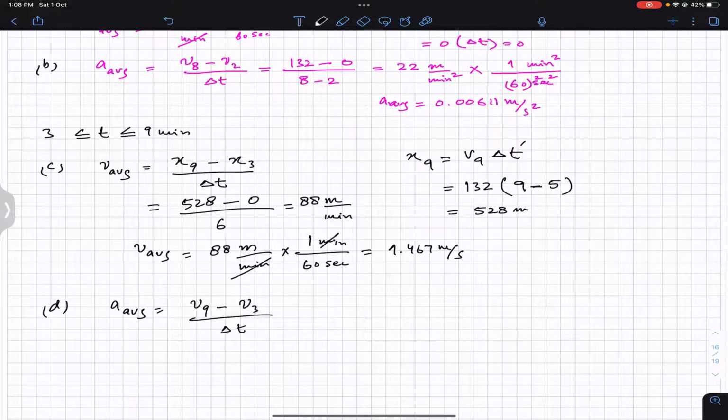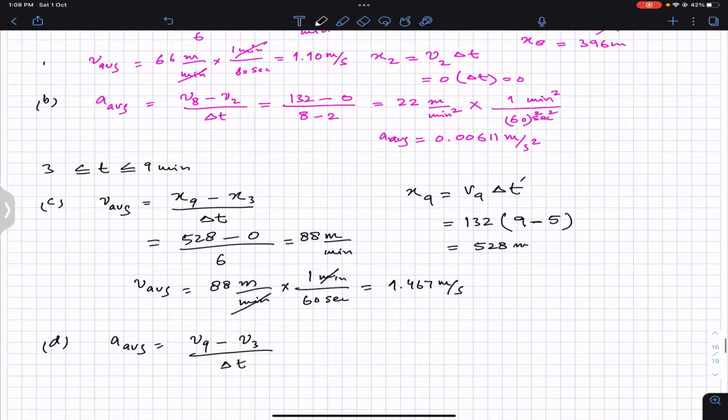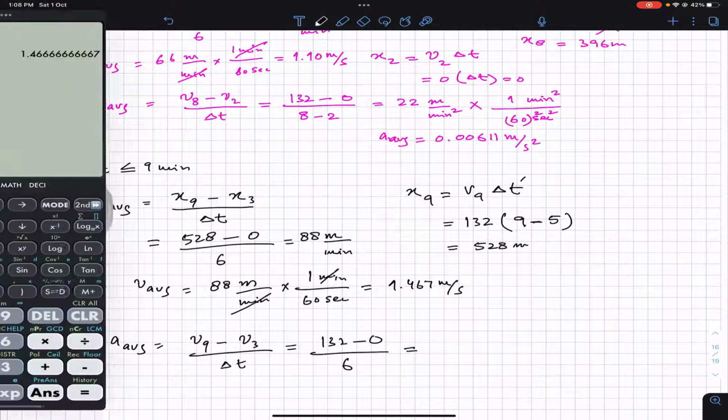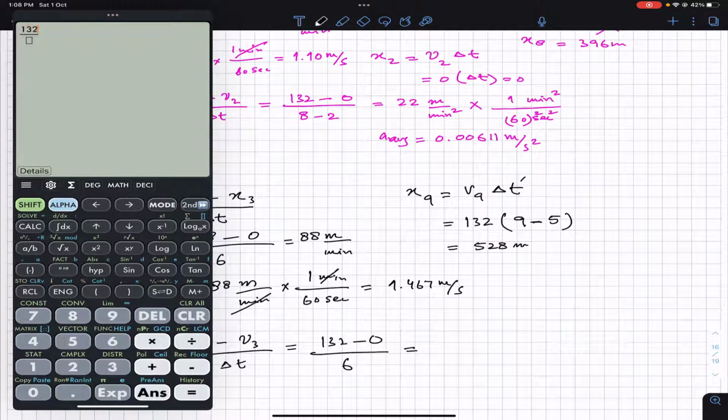Now v9 is from 5 to 10 minutes, the velocity is constant, so the velocity at 9 minutes is also 132. This is 132. So this is 132 minus v3. So again, from 0 to 5 minutes, the velocity is 0 since he stands still. So this is 0 divided by delta t. Delta t is this time interval, 9 minus 3, which is 6. This is 132 divided by 6. This is 22